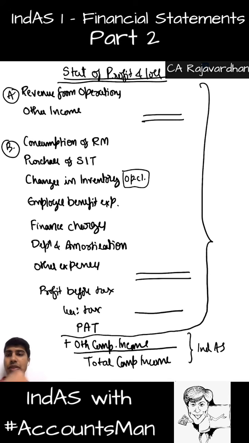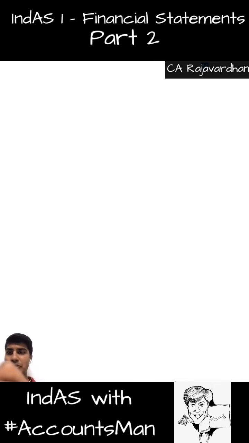What comes into picture? The first and foremost thing is, to our profit after tax we add other comprehensive income. Once we add other comprehensive income to profit after tax, we will arrive at total comprehensive income. So now we need to discuss what exactly we mean by other comprehensive income and why we take it into consideration. You get that? So come on, let us get started into our discussion regarding other comprehensive income.